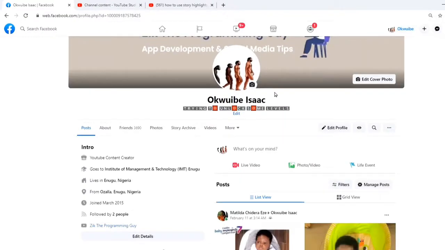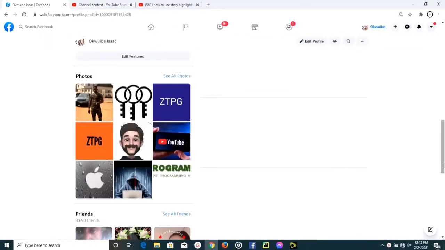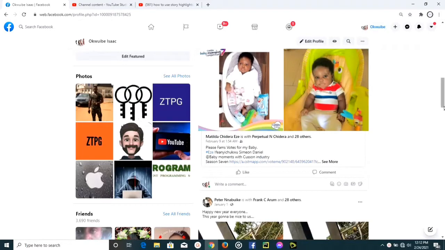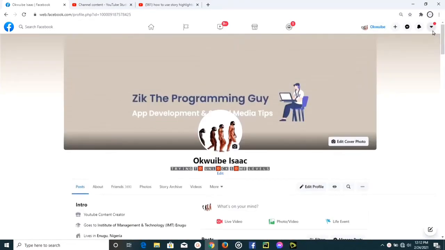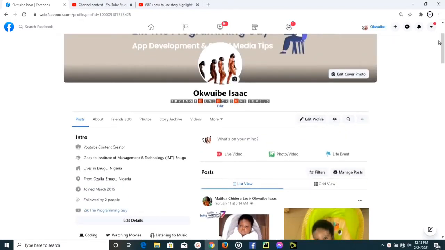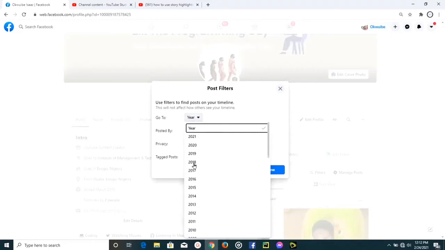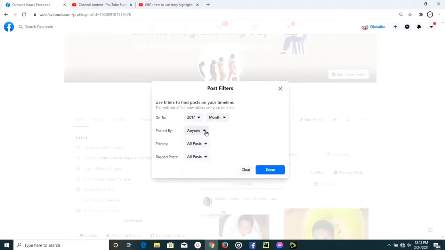So once you're in your Facebook profile, you don't have to start scrolling to see all the old posts you have uploaded so far. I'm going to show you how to easily do that. So once you open your Facebook profile, you just need to come here and click on these filters, and once you select that, you're going to find the year you want to see all the posts you've uploaded in the year. So just click on this drop down option and select any specific year of your choice,